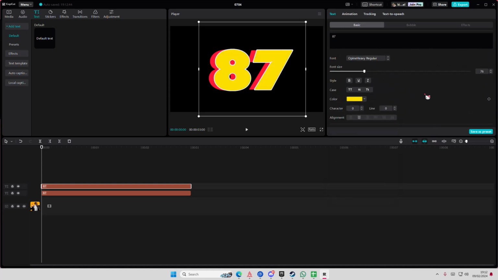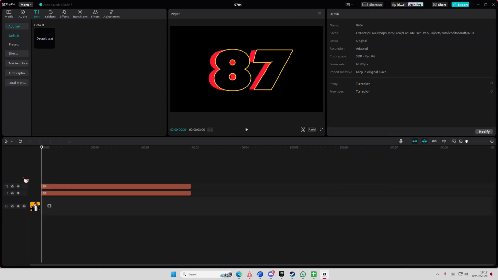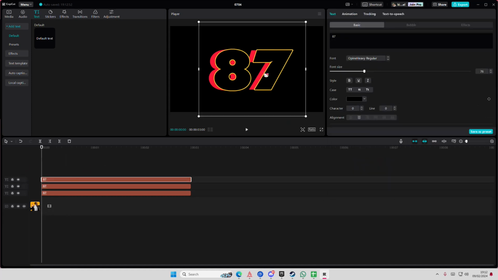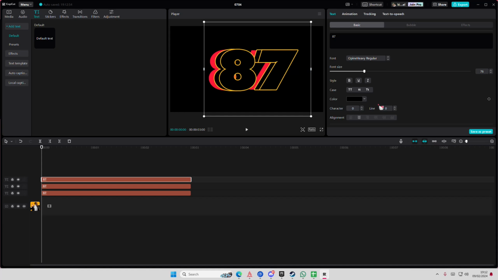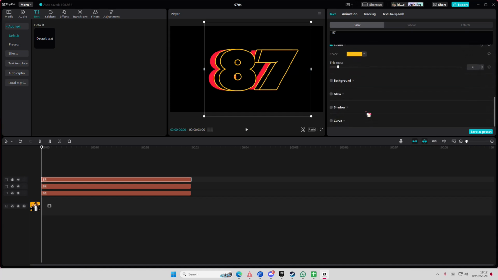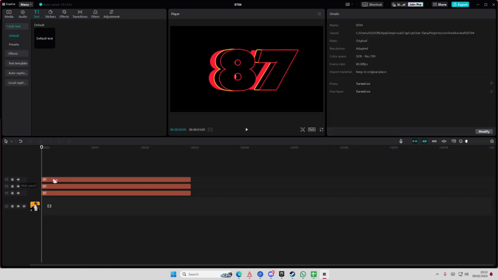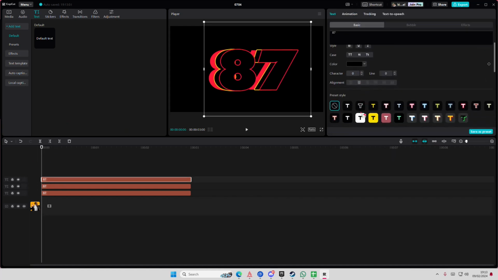Then I'm just going to select some colors for the stroke. You can choose as many as you want. And move it to the right side, and again change the color. I'm just going to alternate between these. Well, actually let's not do that, because then